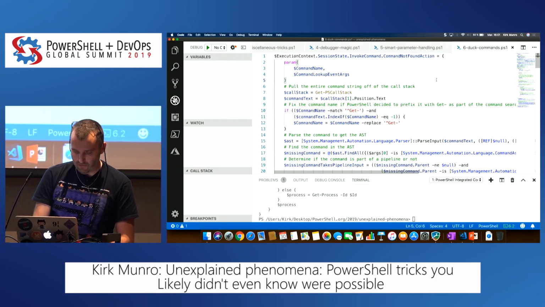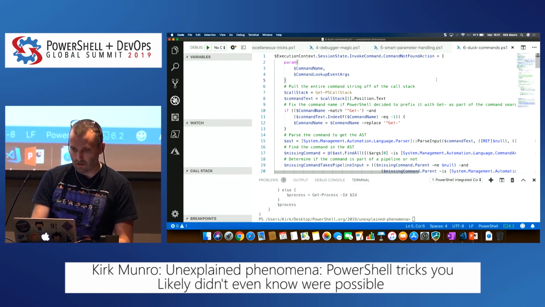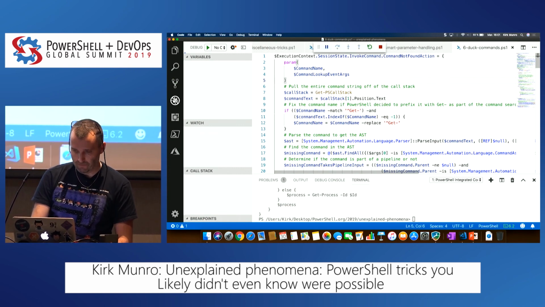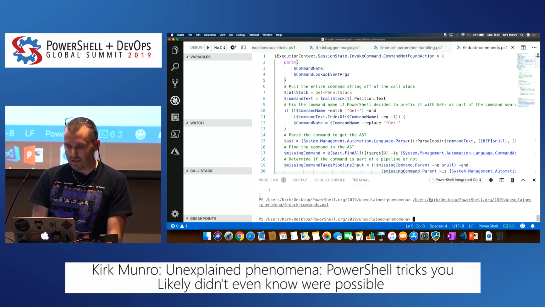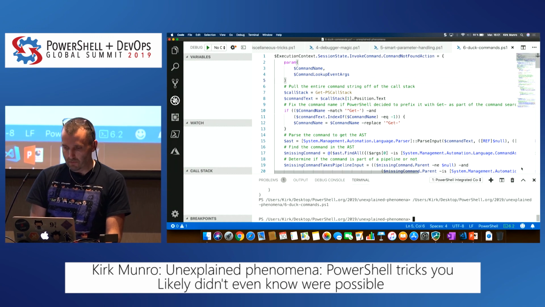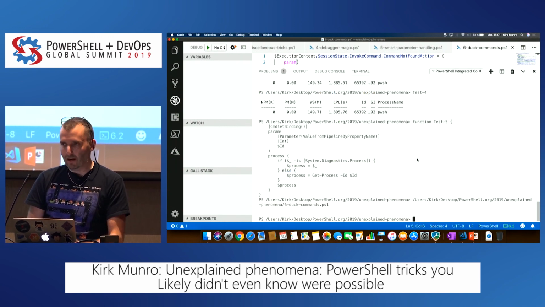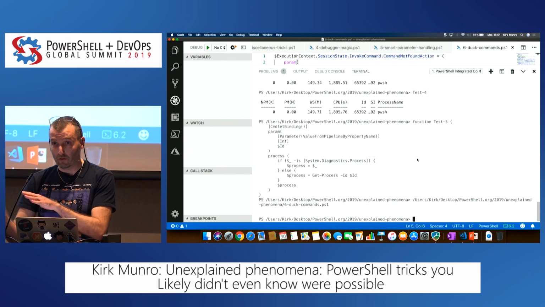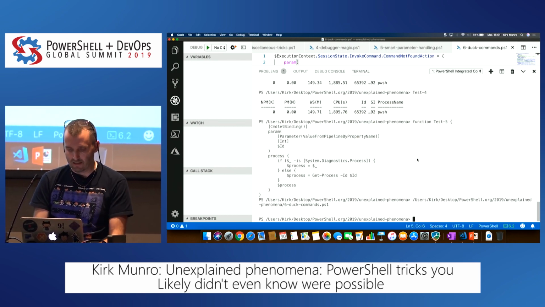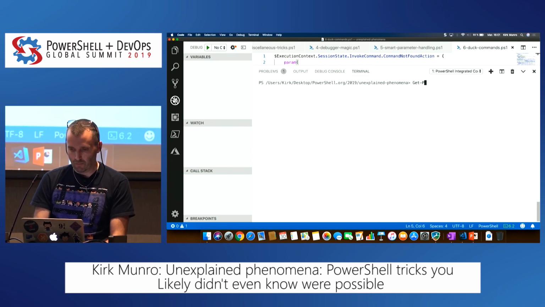I'm just going to F5 this. PowerShell has this thing called command not found action. And I was talking about duck typing earlier. Wouldn't it be kind of neat if, my finger memory, I'm so used to doing verb-noun. My finger memory just does that instantaneously without thinking about it. Wouldn't it be neat if, let me just CLS. OK, Get-Process -Id $PID.